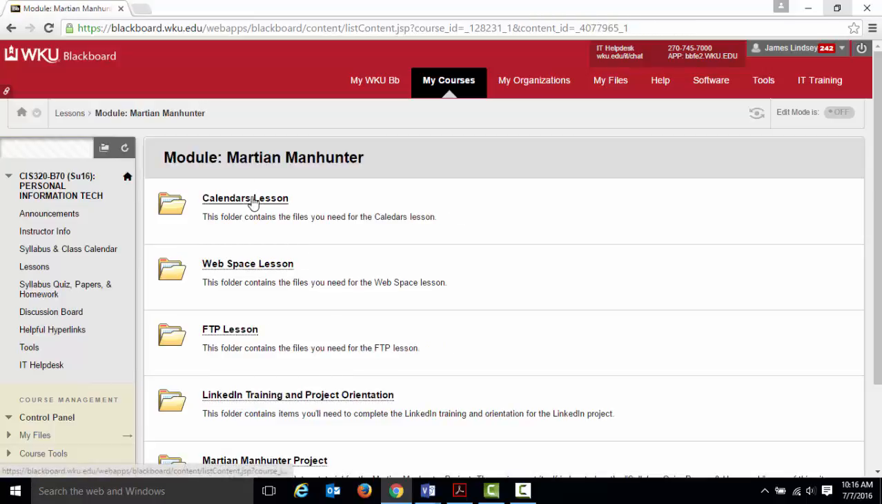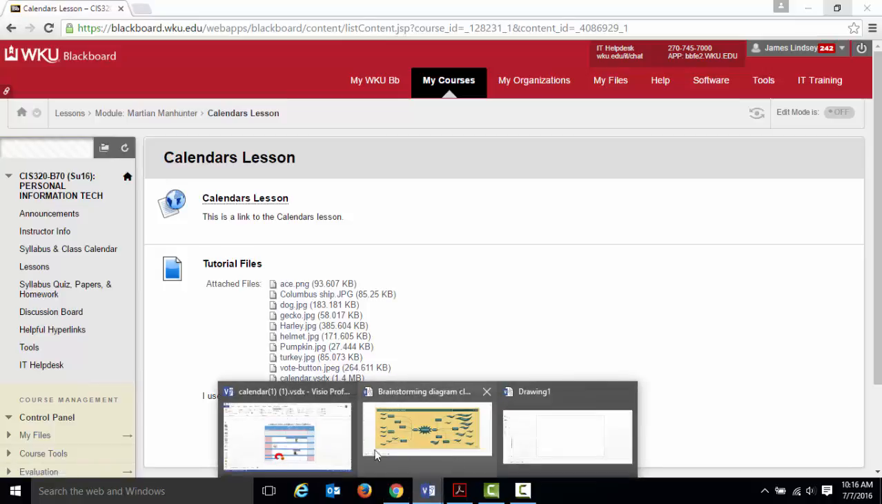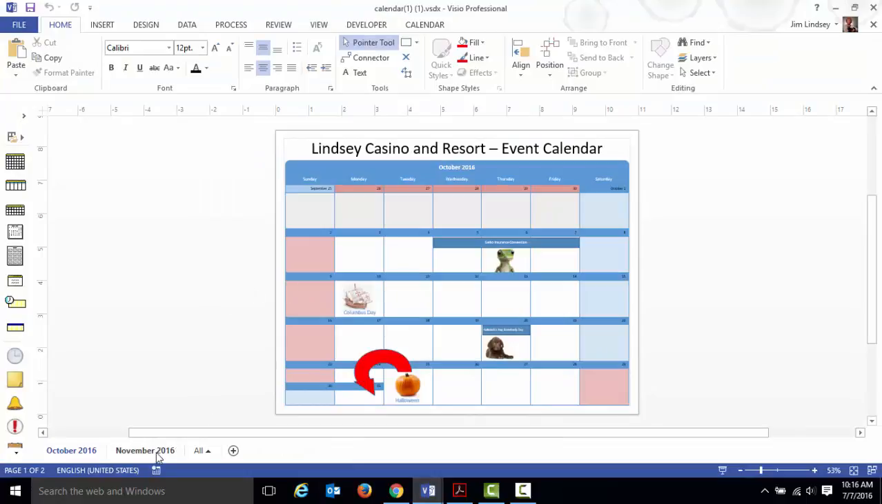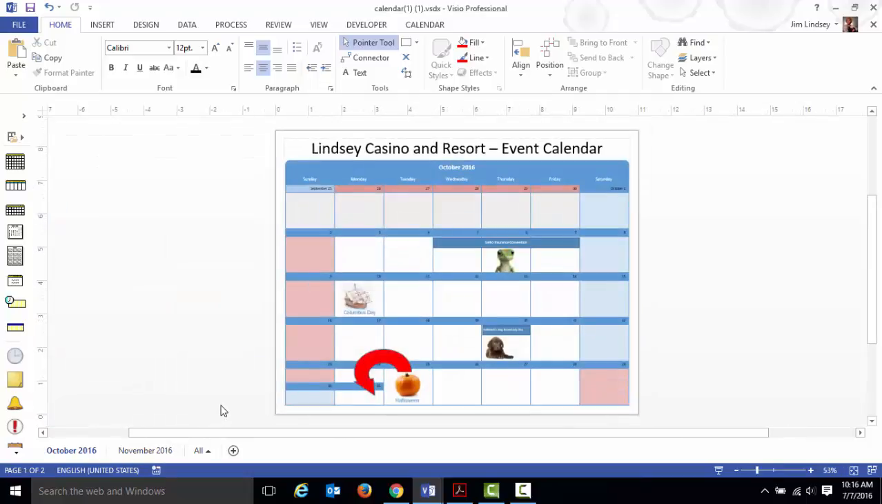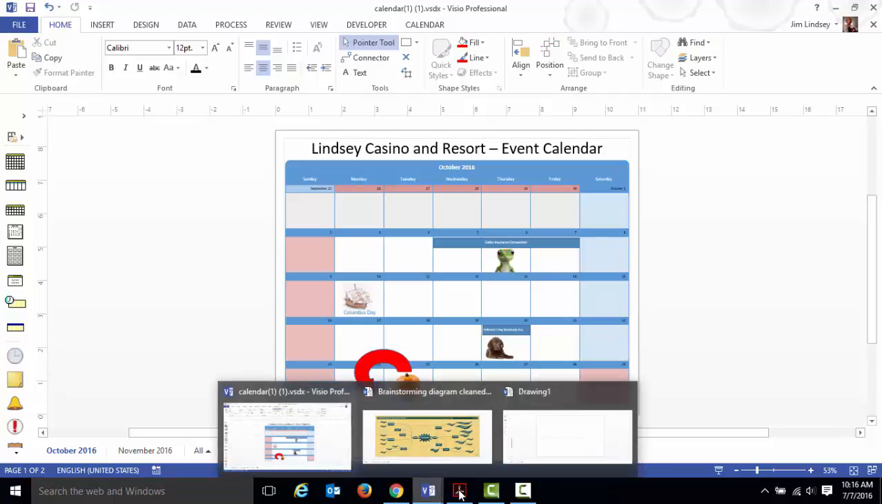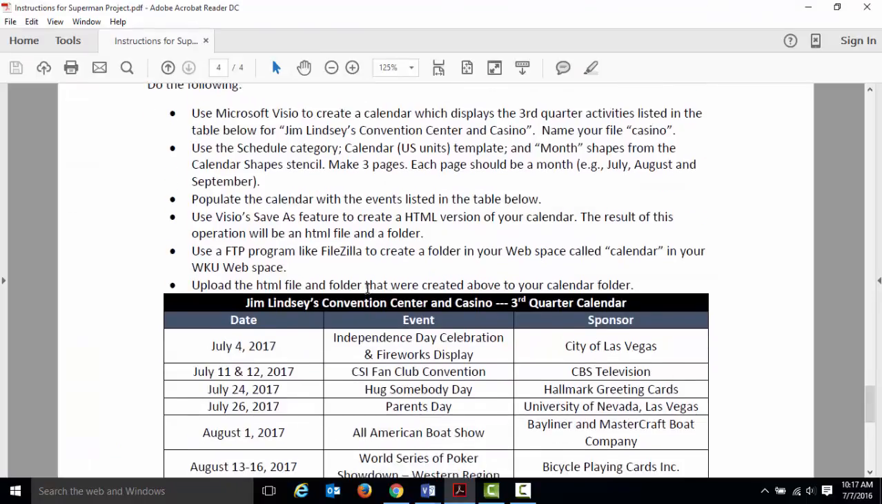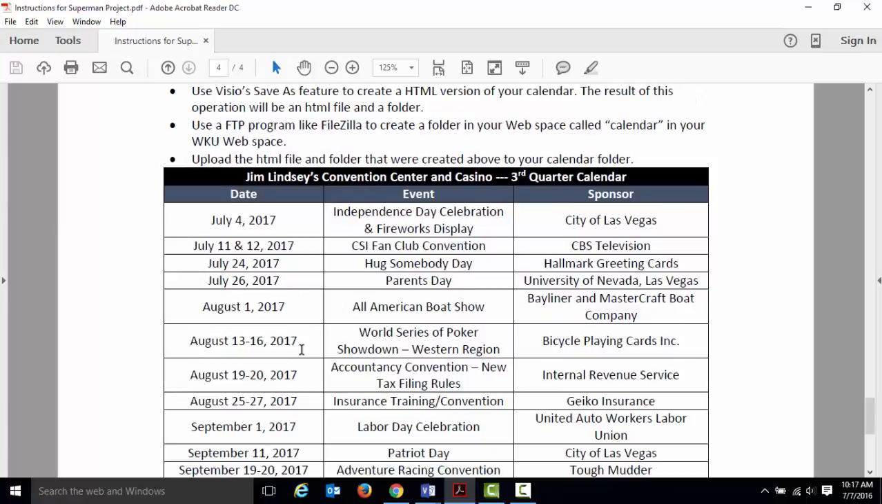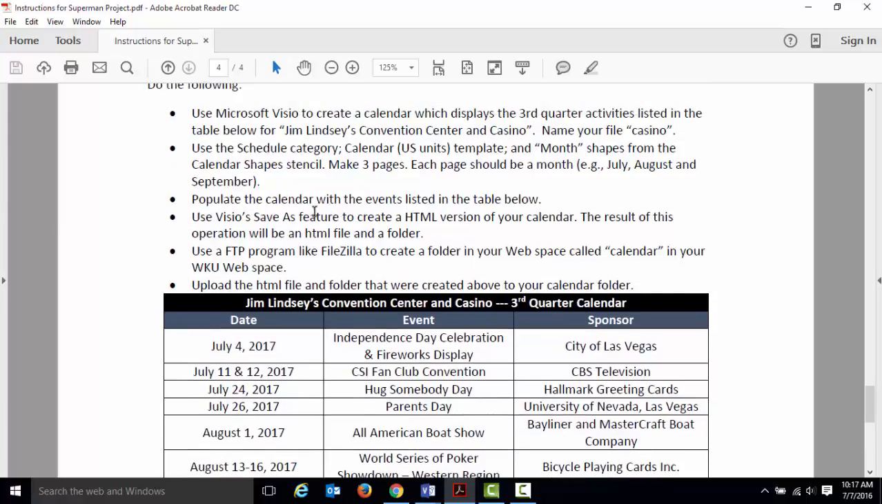You go here, there's the calendar lesson, and there was a tutorial over that. There's a calendar.vsdx file right there, which you can look at as an example. The same exact thing in this example, I built one for October and November, and you can download and look at this. You're doing the same exact thing as you learned about here, but you're doing it for a different year, for different months, and once you have that information in there, you save the Visio file as HTML, and then you have to upload